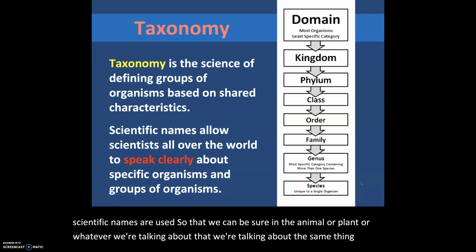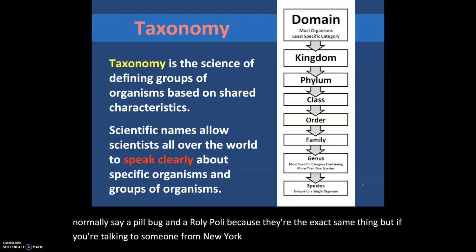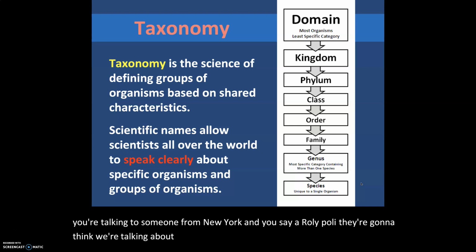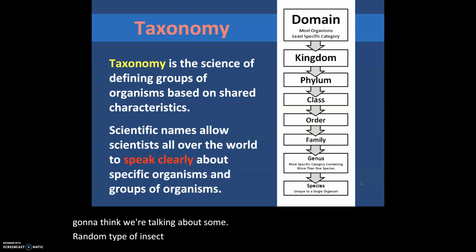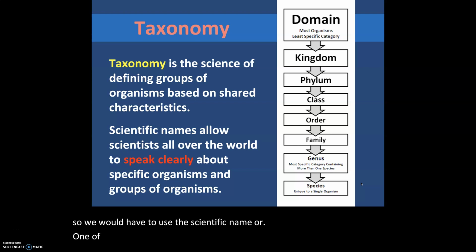And so we normally say a pill bug and a roly-poly because they're the exact same thing, but if you're talking to someone from New York and you say a roly-poly, they're going to think we're talking about some random type of insect here in Texas that they've never seen, ever heard of. And so we would have to use the scientific name or one of the shortened versions, hint, hint, of the scientific name in order to make sure we were talking about